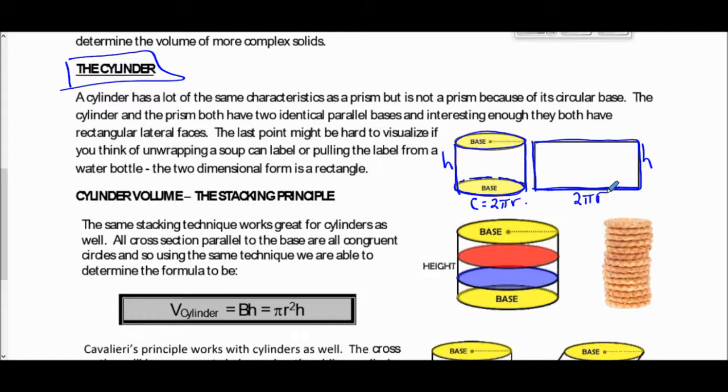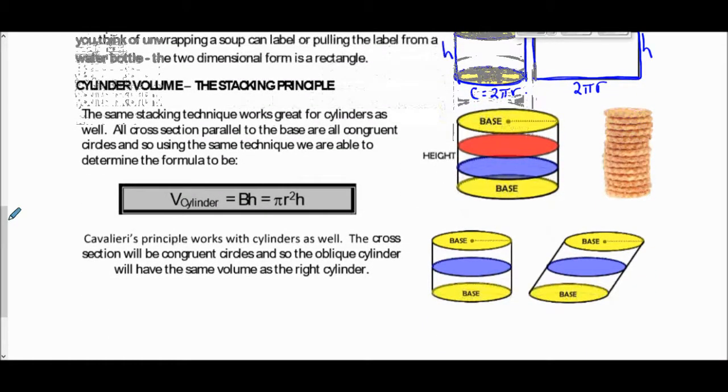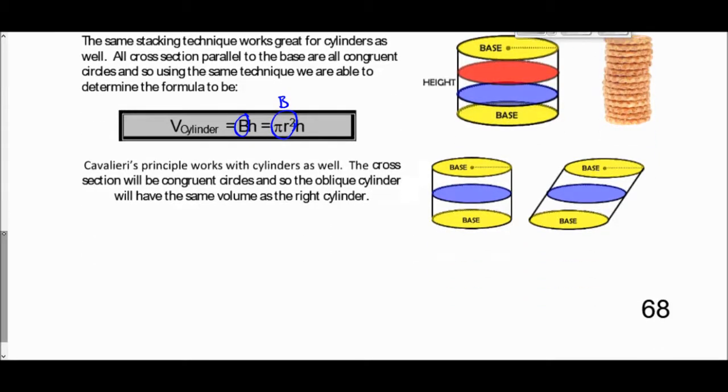Okay? Now let's move on to the formula for a cylinder. It really is still capital B times H, but in this case our capital B, the area of our base, is the formula for the area of a circle. So pi r squared, that's our capital B. So the volume of the cylinder is just pi r squared H, okay? So it's really consistent with volume equals capital B times H. Our capital B, since the shape of the base is a circle, is just pi r squared times the height